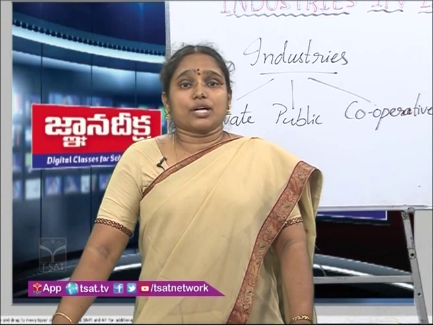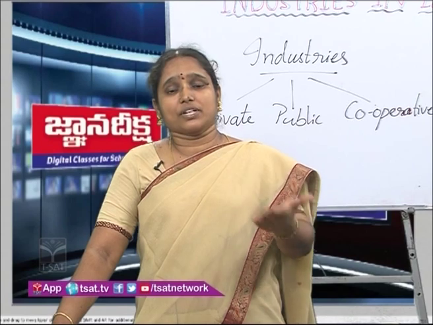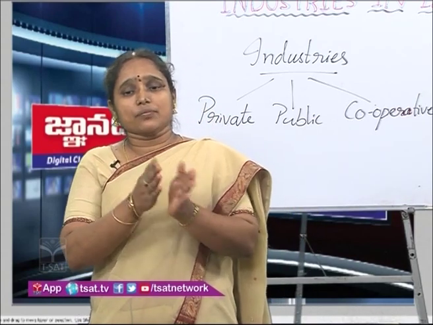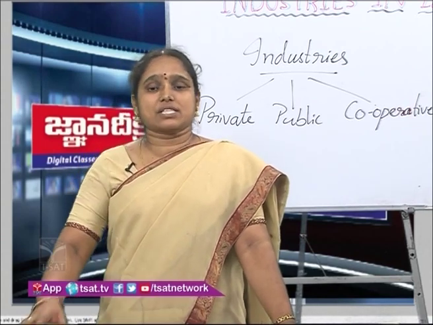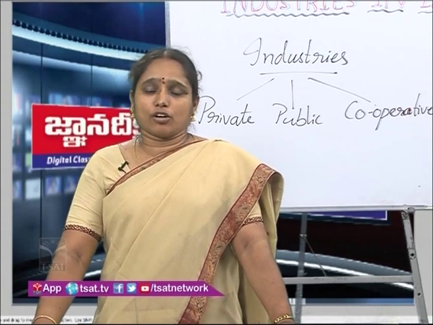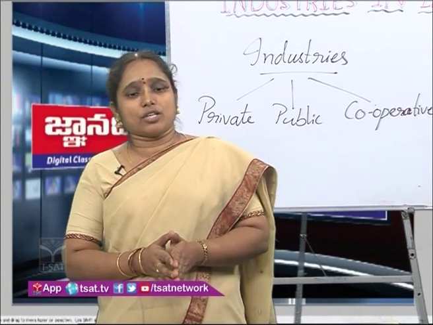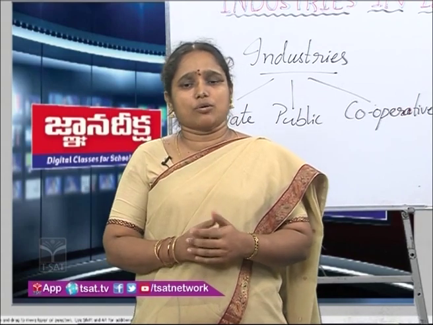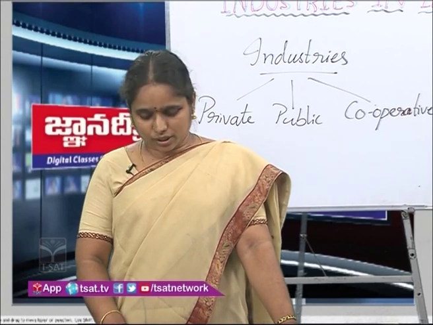It is also important to understand that whether the industry flourishes or closes down, the reasons are the factors of production or the factors that influence the location, all we have discussed until now. If all these are good, the industry flourishes. If any of these are in troublesome situations, the industry may be dull in production or sometimes closed down. You might have heard that so and so industry is closed down, now the production is not there. So that's the reason. All these factors have their importance in